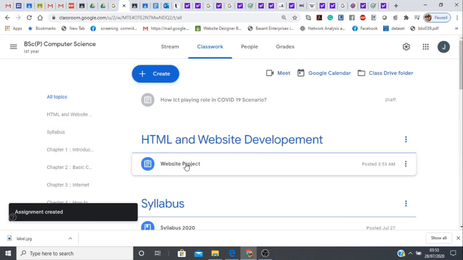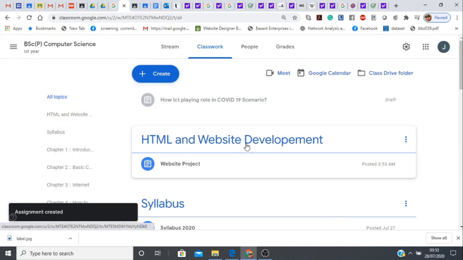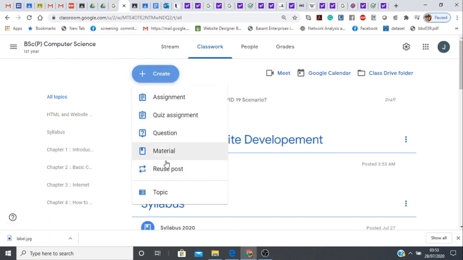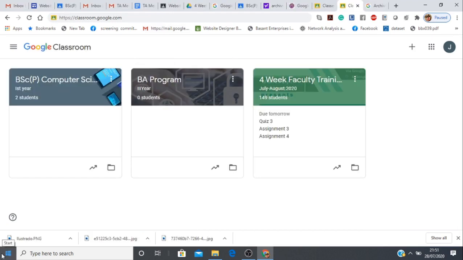So it has created one more tab, HTML and website development. This was designed in my other classroom but has been reused in my current classroom of BSc program Computer Science. So this is how we can reuse a post across different classrooms.